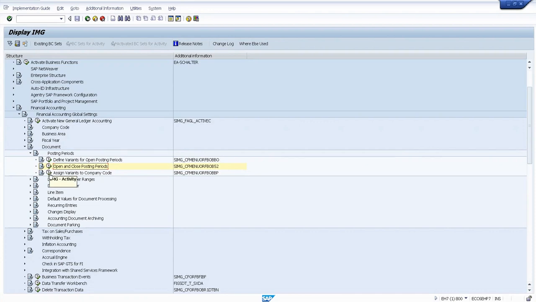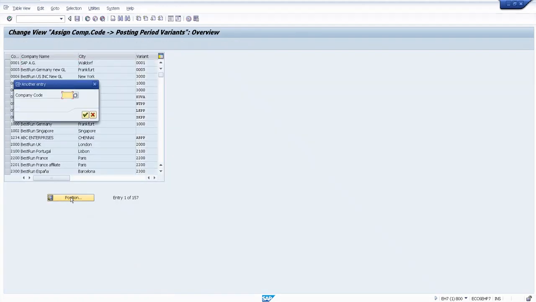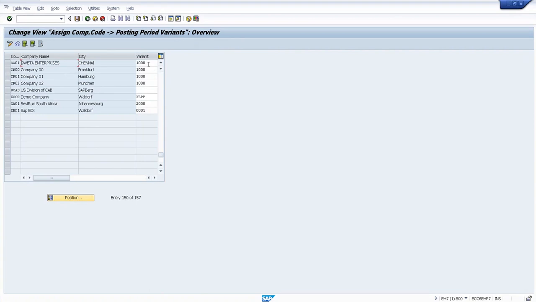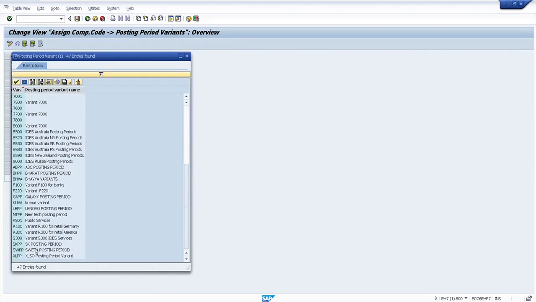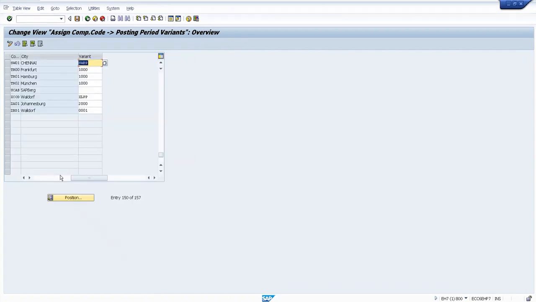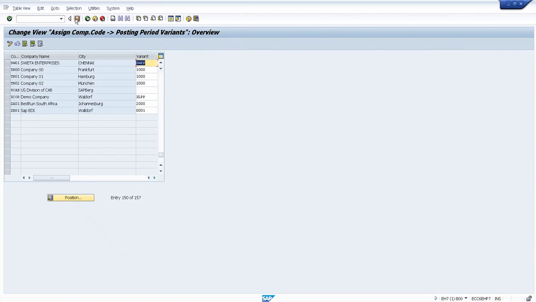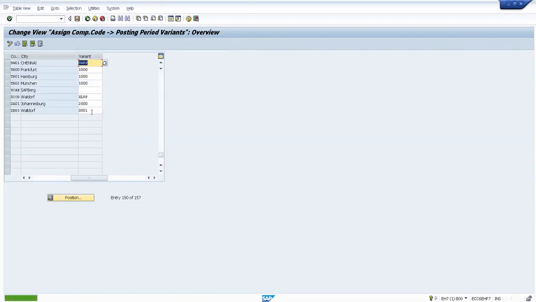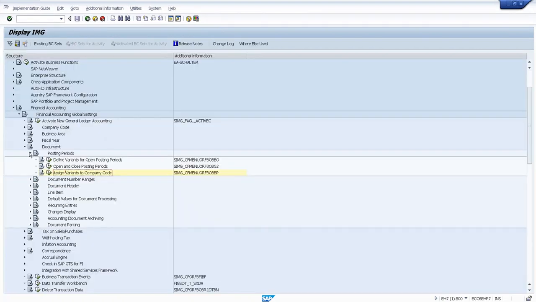Okay, so we go to assign the variant to our company code. Our variant for the company code is SW01. Now the posting periods are completed. Another one is